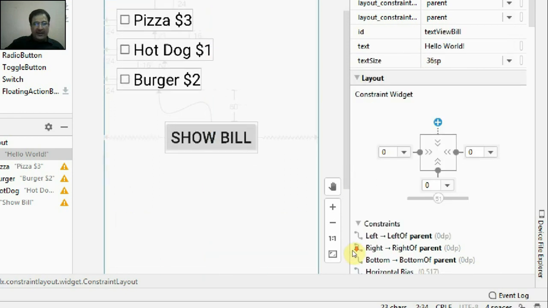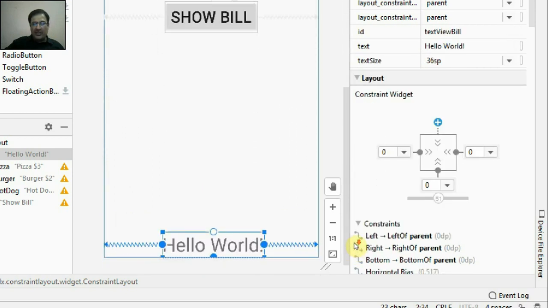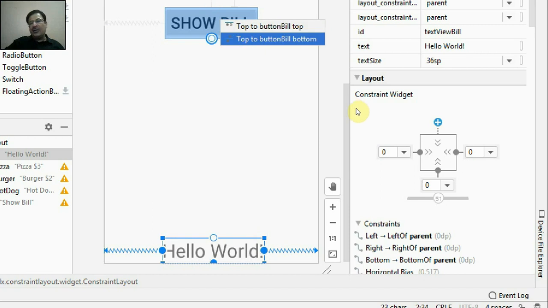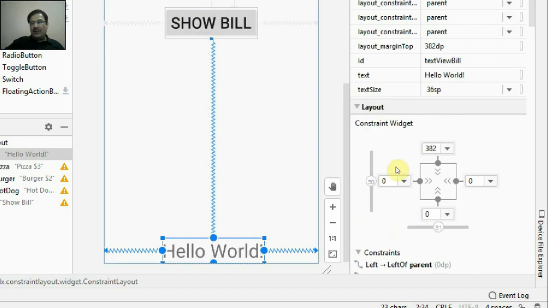Right, it will be attracted to the bottom. This thing you can see it, right? I'll click and drag it to this button. I'll set it in constant with the bottom of this button bill, and the gap is coming out to be 380. I'll make it say